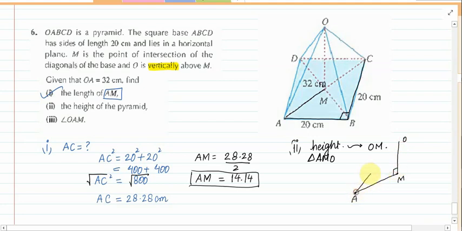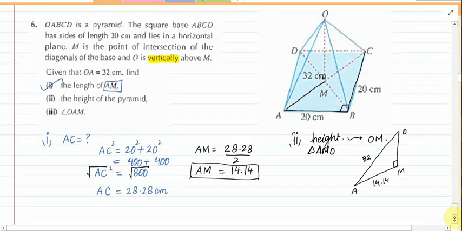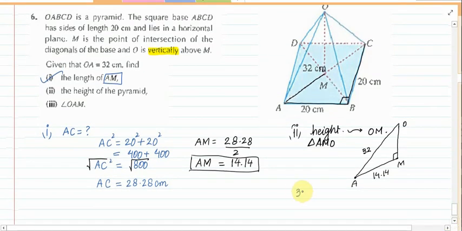So that is your right angle triangle, and you need to find the value of OM. The value of OA is known, that is 32 centimeters. The value of AM we found in the last part, that is 14.14, and the value of OM is unknown. Now you can do it easily because it is a right angle triangle, right? So it will be 32 squared is equal to 14.14 squared plus